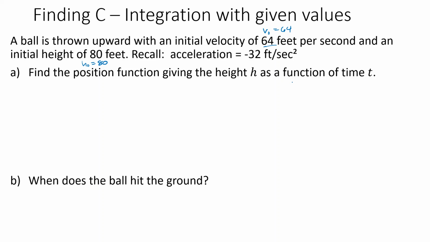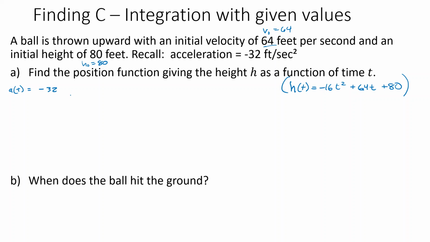So we should know ahead of time that this is going to be h of t equals negative 16t squared plus the initial velocity times t plus the initial height. We know that this is going to be the answer. But that's just because we memorized a formula, and we don't like to memorize formulas. We want to know where things come from. So what we do is we start with our acceleration